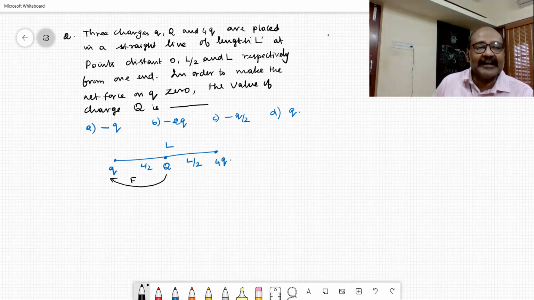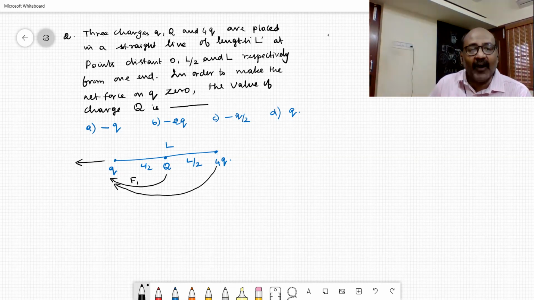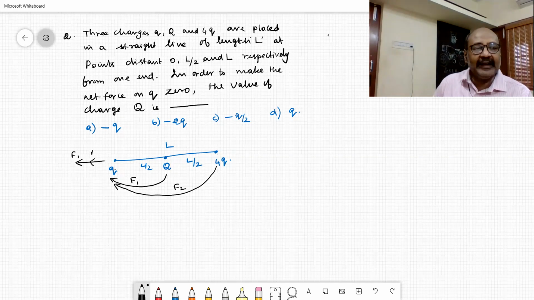Let us consider that as F1. This will be acting in this direction because both are considered to be positive charges, so the force is repulsive. Then the second one, due to this 4q, what is the force acting on this charge q? Let us consider that force as F2. That force F2 is also repulsive, so acting in the same direction. This is force F1 and this is force F2. Since F1 and F2 are in the same direction,